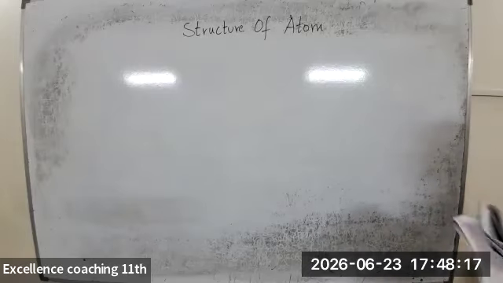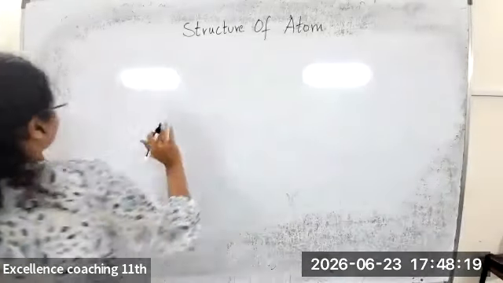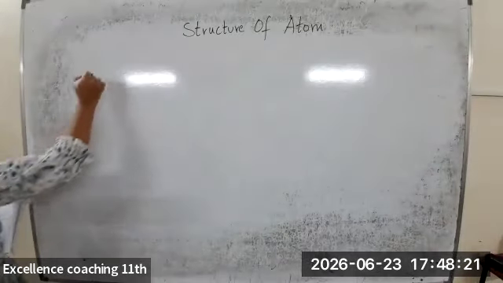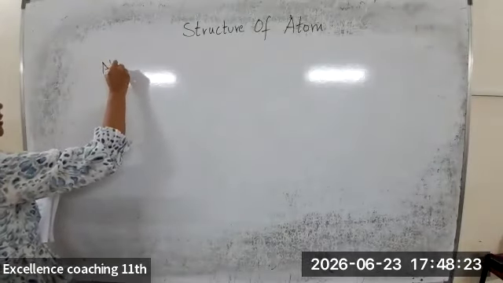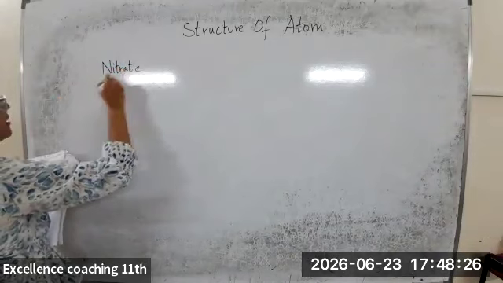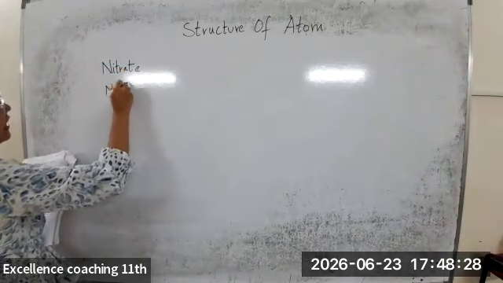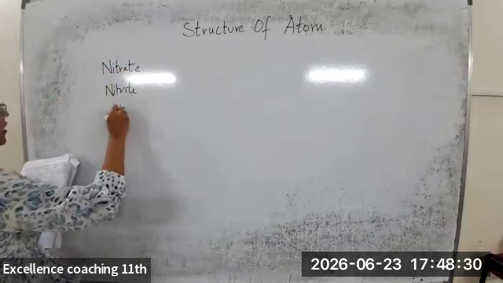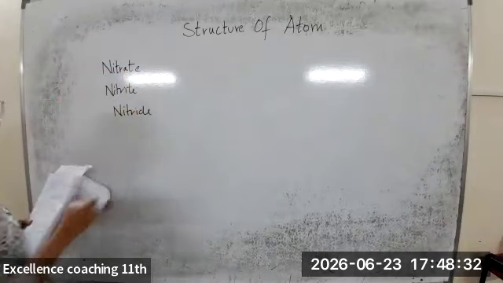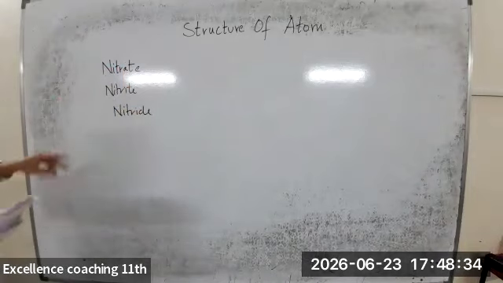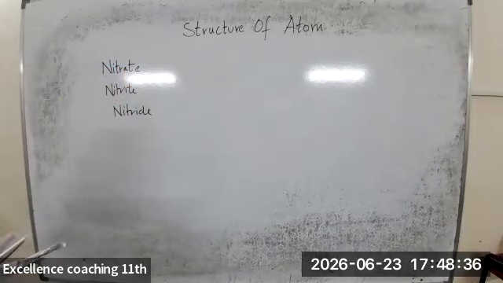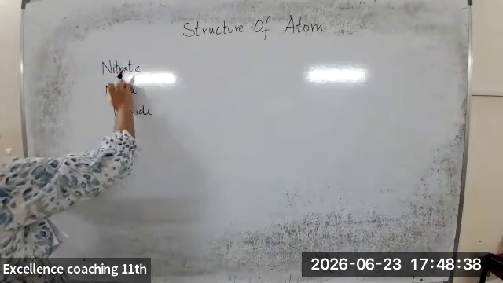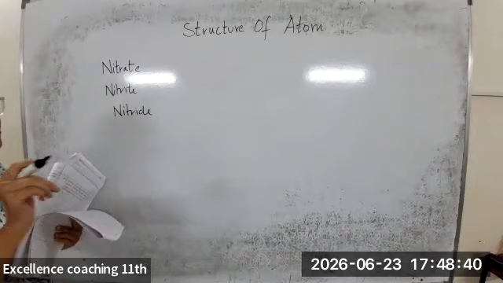So what is nitrate ion? There are basically three concepts: one is nitrate, the other one is nitrite, and the other one is nitride. Now what is the difference between all these